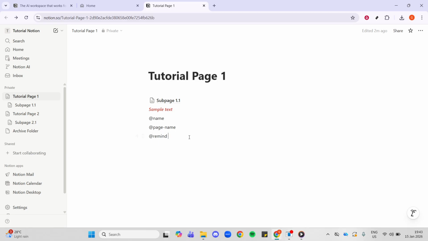That's it. Open Notion, choose your workspace and page, and use mentions, comments, page links, change tracking, and reminders to